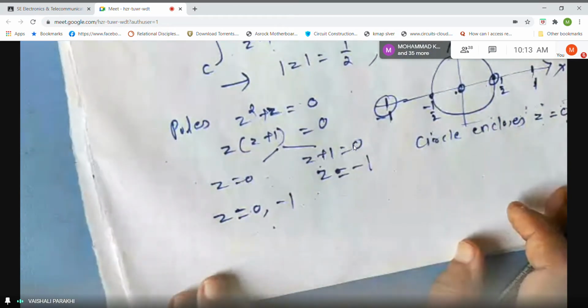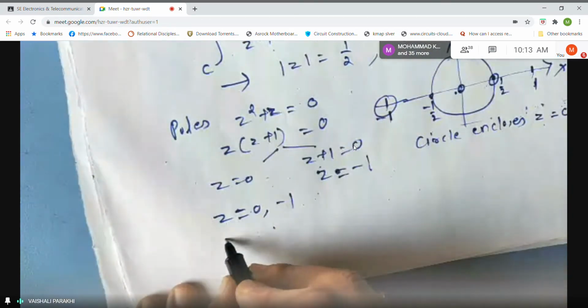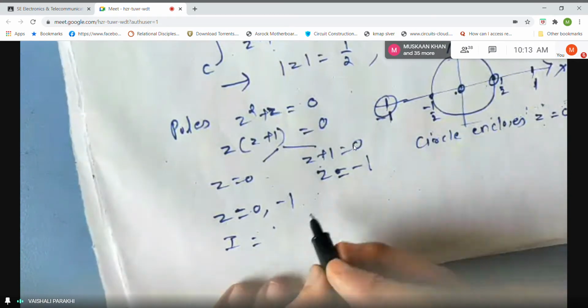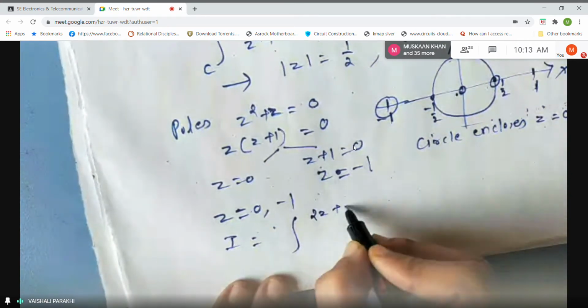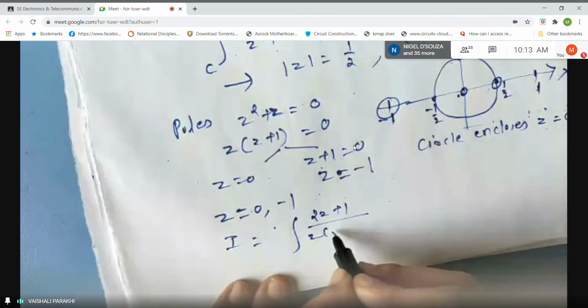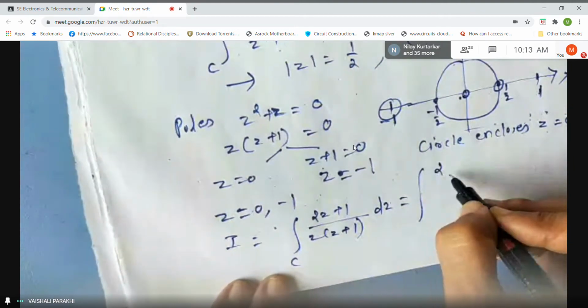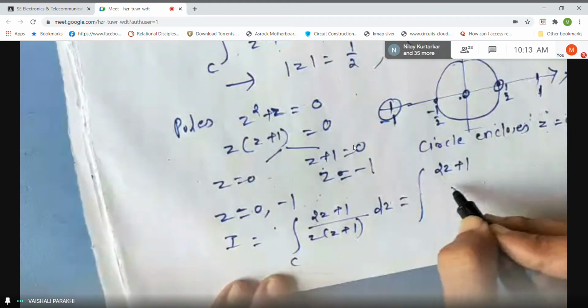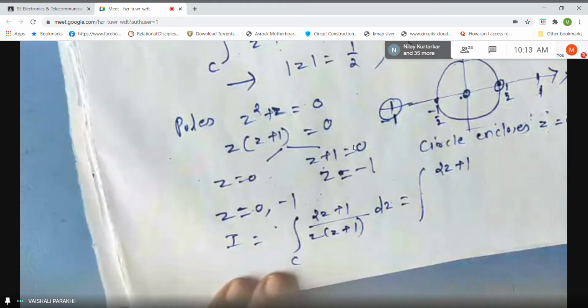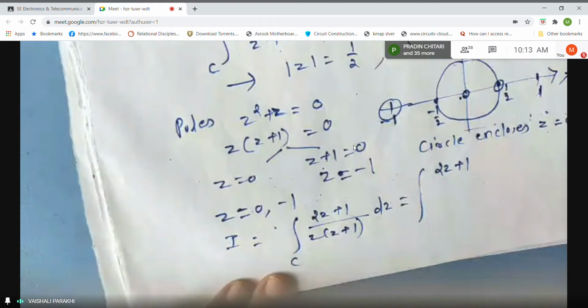Now you have to do the arrangement of this integral. How are you going to arrange it? See, it is 2Z plus 1 divided by Z, where Z is common. You have to always factorize over the curve. Then it is the integral of 2Z plus 1. Now, who will tell me what the next arrangement will be? Sarah, can you tell?